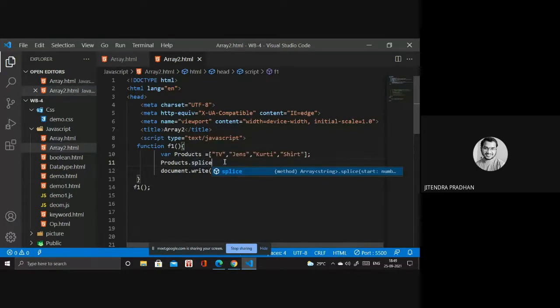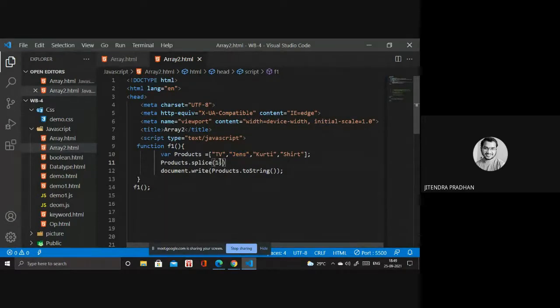Okay. First thing, I want to delete jeans and kurti, and in between that I want to add shoes. So inside that I need to write one. One is my index number. What is the index number of that particular data? Jeans is the one index number, right?